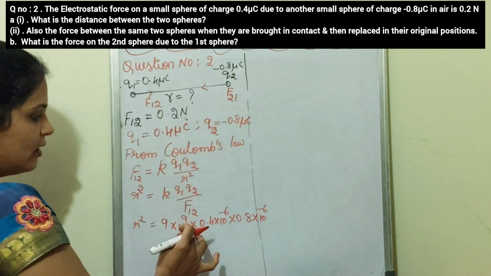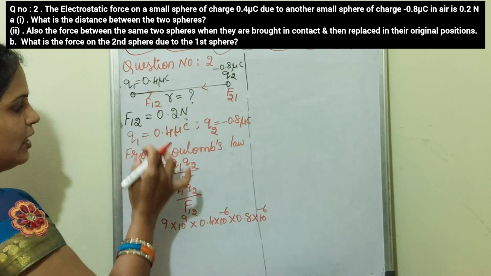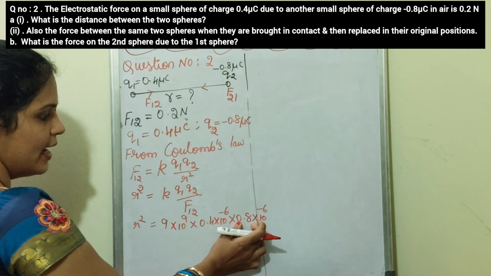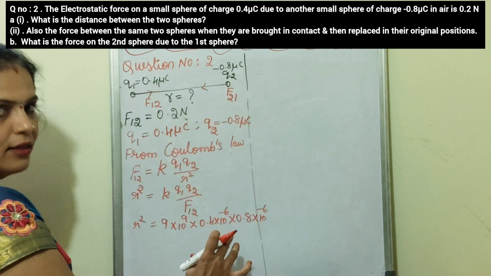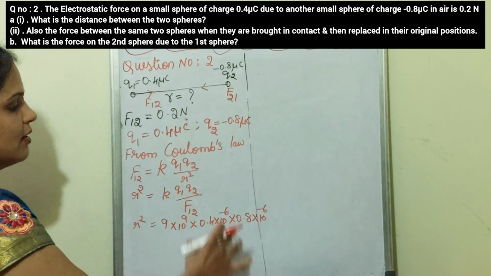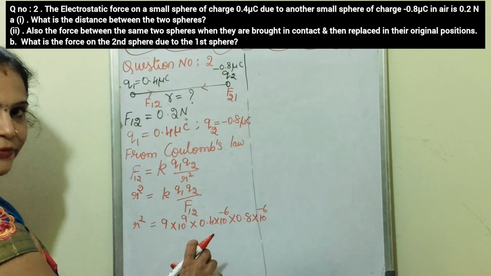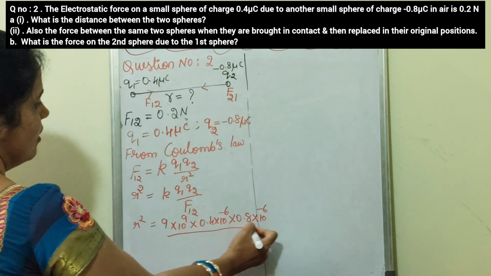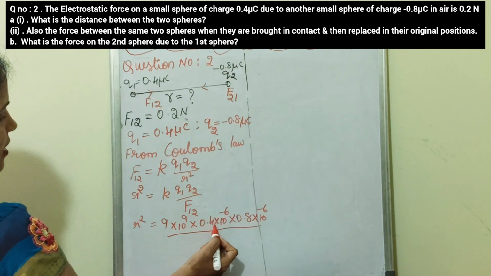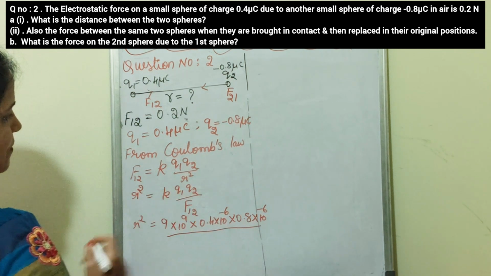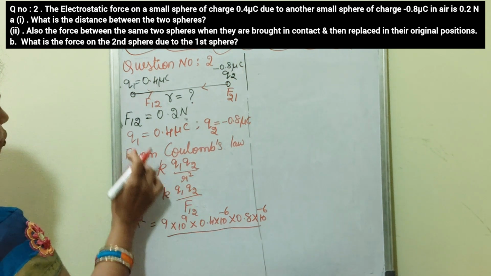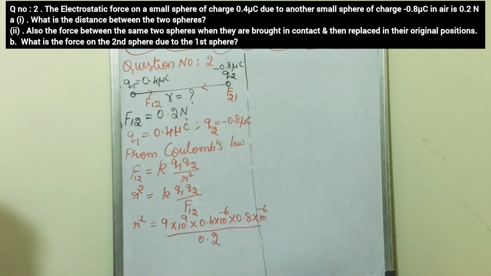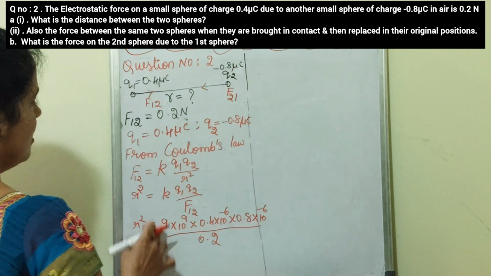So if you are solving force or electric field numericals in the first lesson, then you should not write the negative sign here. When you are solving the numerical in the second chapter, then you have to write the sign. Okay. Now here the constant we have written, all these Q1 Q2 are substituted, divided by force. Force is 0.2 Newton. Right.